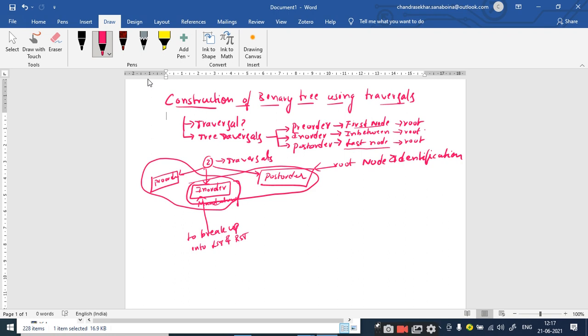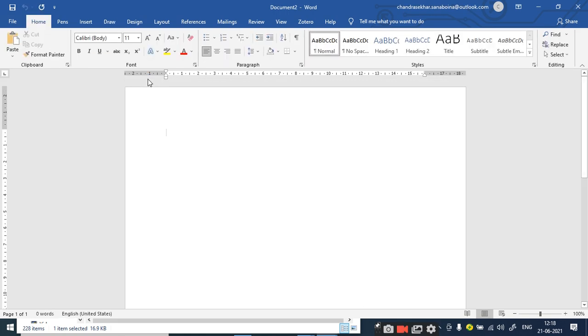So it is mandatory when you are given only the in-order traversal and you are asked to construct the binary tree. You can construct a binary tree, that also we will discuss, right? You can construct a binary tree, but whenever you want to construct the unique binary tree, then you require the in-order traversal along with either the post-order or pre-order traversal. Is it clear? Right, so let us take an example.